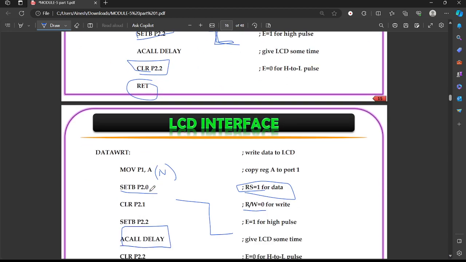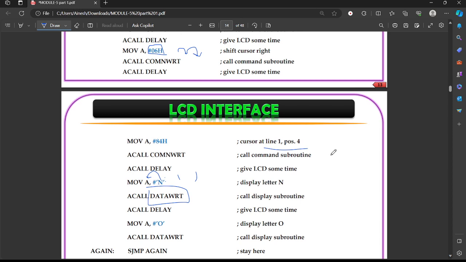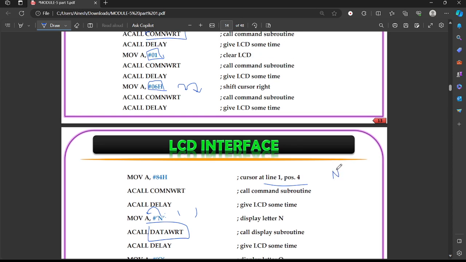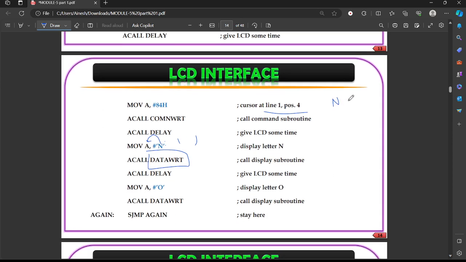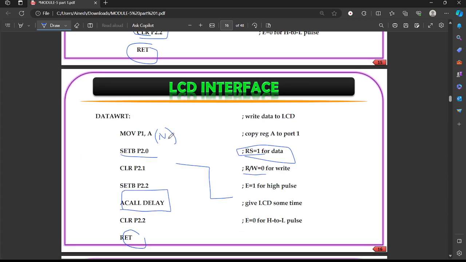So if you see, the only difference is in the set bit and the clear bit. Now once this is done, the LCD is going to have the letter N. Now once that is done, I need to have the letter O. Same thing, call some delay, move the letter O to A, go to data write, where we'll see that the letter O is going